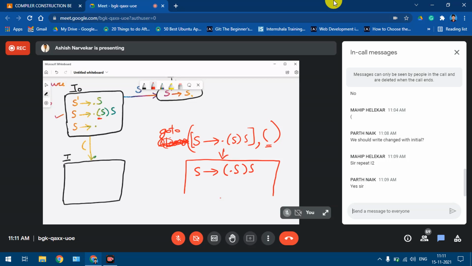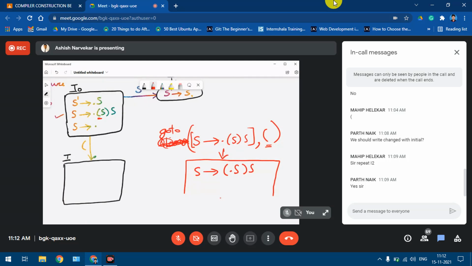Now this is using goto. I have just applied goto to just one item from I0. By doing that, the dot has shifted to the next position.